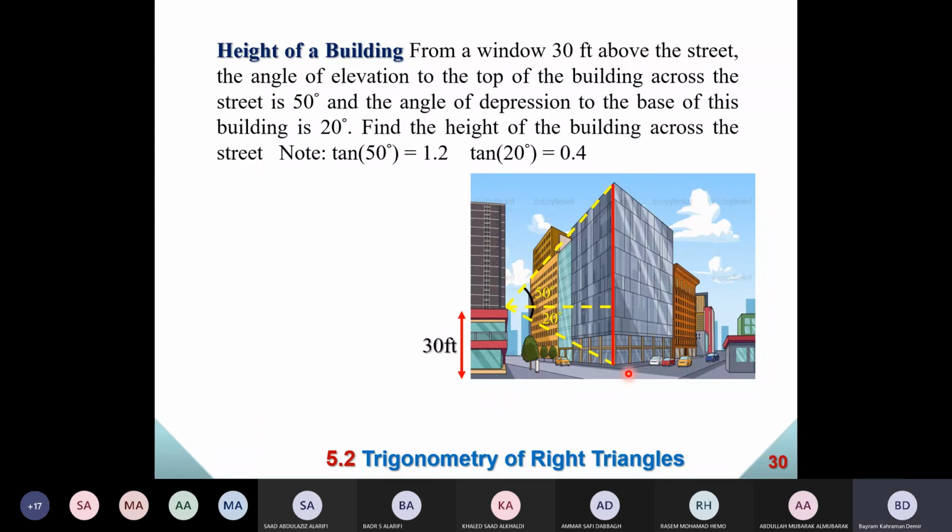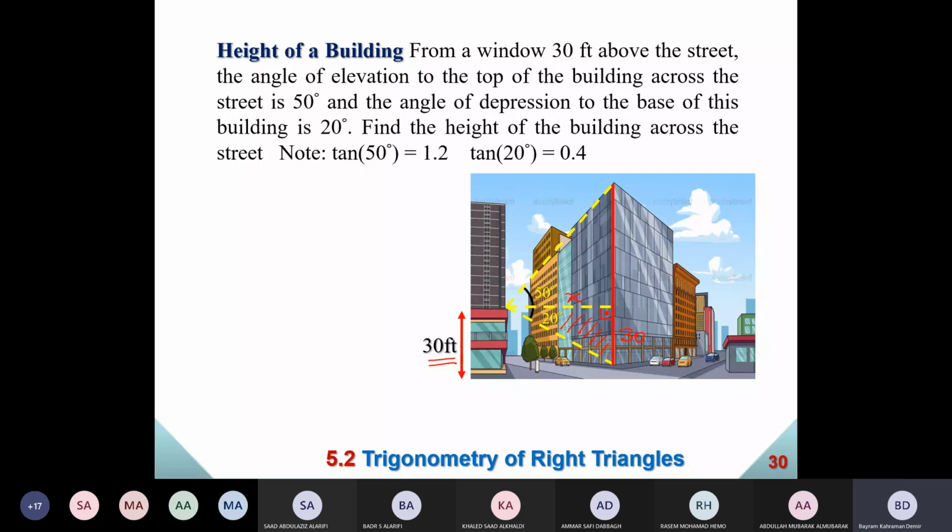All right. Now let's look at this small triangle first, Shabab. Here we have a small triangle, a right triangle, of course. And because we have 30 feet high here, that means it is also 30 feet here. So the height is the same here. And now let's call this side x, length x, and use the small triangle. Let me color it for you so you see that, Shabab. Use this triangle and